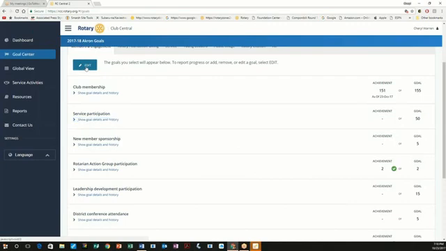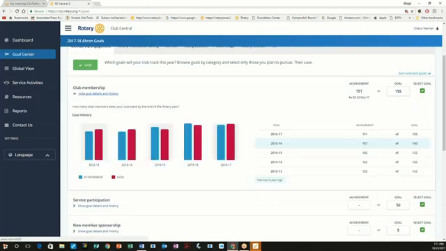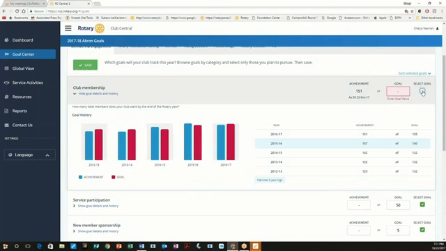So you're going to go in and you're going to click on the edit button. And within the edit button, you see that we've set goals for club membership. You can see your history of your achievement and your goals if you click open that button. You simply put your goal right here in the goal button. And you also can select or unselect this as a goal for your club.